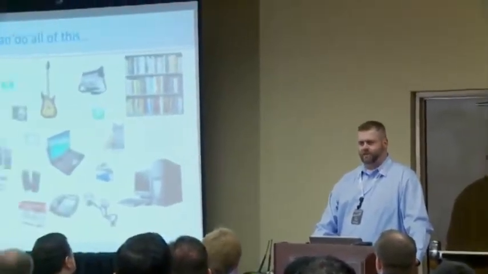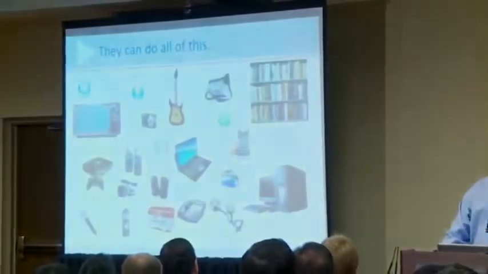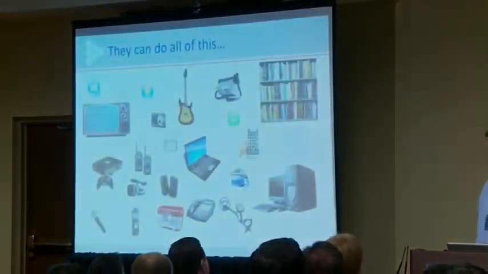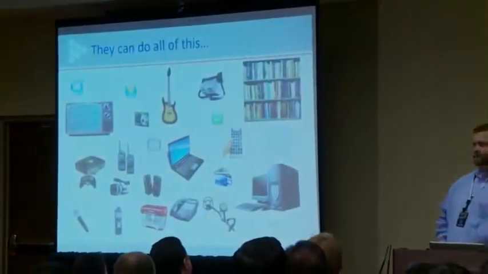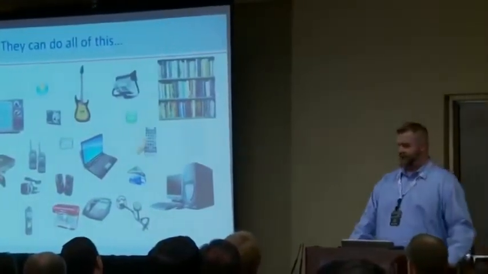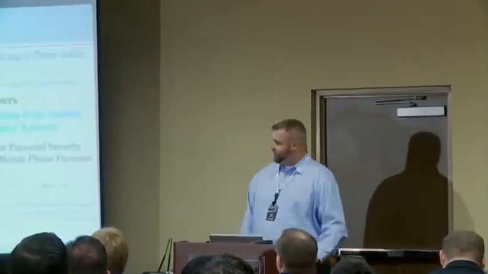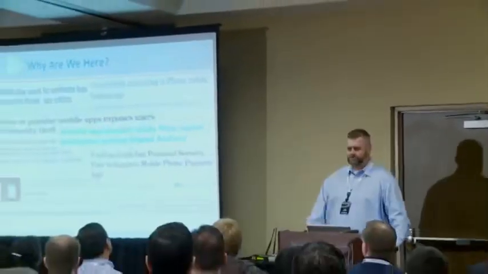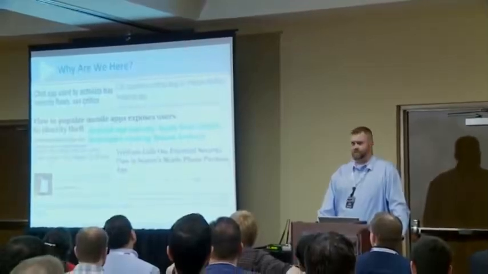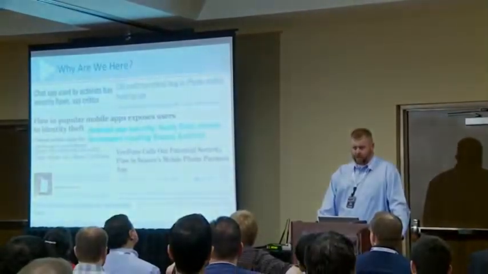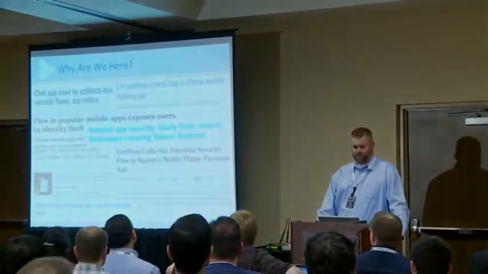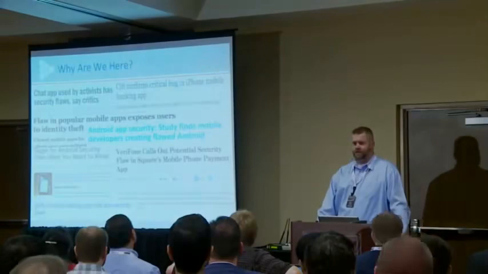So obviously we know that these devices can do pretty much everything. I think back just a few years ago, '96, I think I had my first cell phone. It was about this big, looked like I was carrying a big .357 Magnum on my hip. And now I'm hacking applications that run on these devices that do all of these things. I'm watching DirecTV and all kinds of stuff from my little mobile device. It's just crazy to think about all that. And this is why we're here. A real quick Google search, which took me about 30 seconds, turned up just a few mobile applications that have been found to have flaws and vulnerabilities over the past couple of years. And this is going to continue to increase.